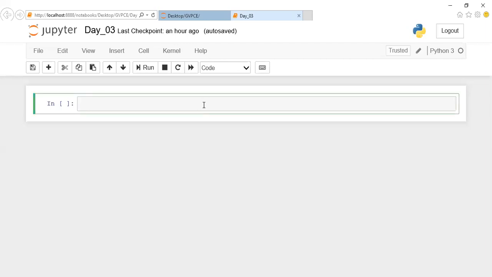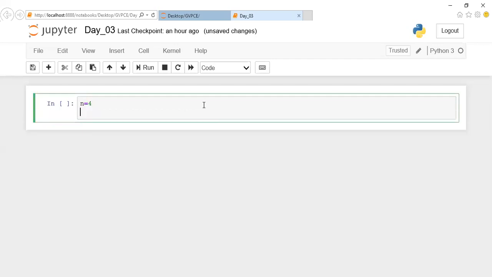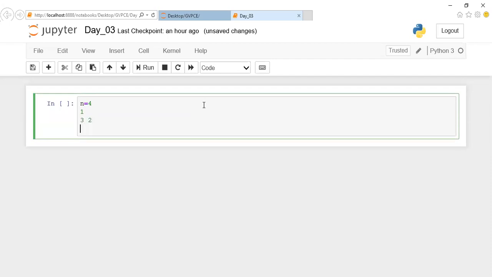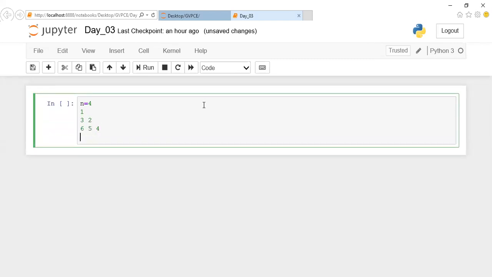Okay, we'll try here. So what is your question? If your n value is given as 4, we'll try this and we'll complete the dictionary by the morning session. Your answer should be like this: 3, 2 followed by 6, 5, 4 followed by 10, 9, 8, 7. This should be the answer.